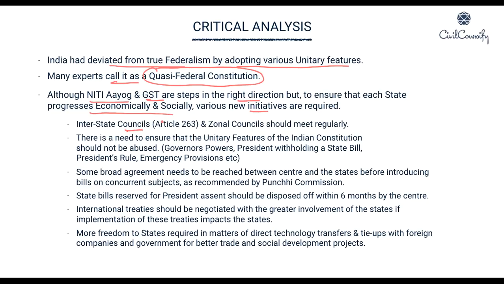So the interstate councils, which are defined in Article 263, and the zonal councils should meet regularly. This is an issue that the zonal councils and the interstate council do not meet regularly. There is a huge gap between meetings, and there is a need to ensure that the unitary features of the Indian Constitution should not be abused. So features such as the governor's powers, him acting as an agent of the center, president withholding a state bill, president's rule, emergency provisions. These features are being debated regularly in current affairs, and the center should ensure that these features are not